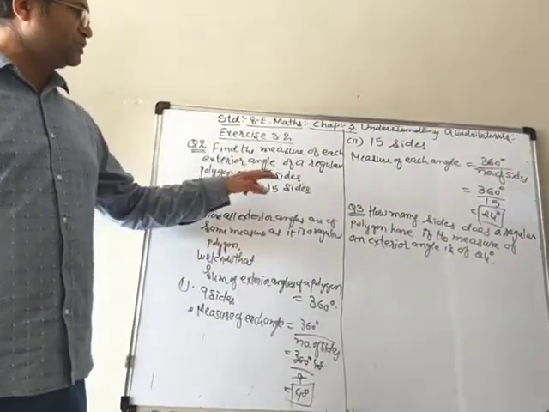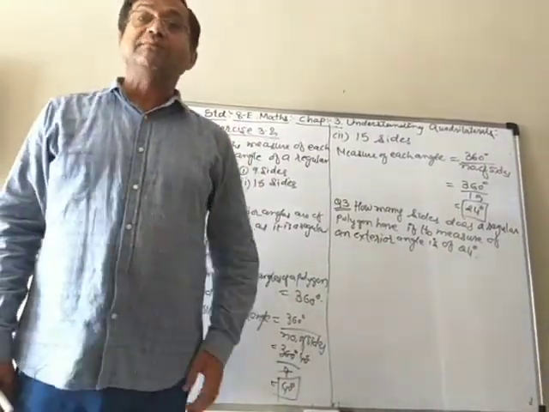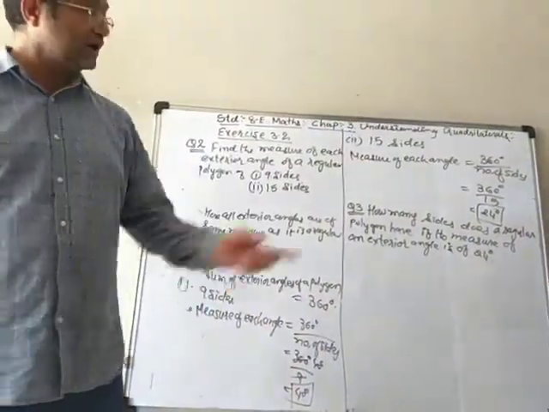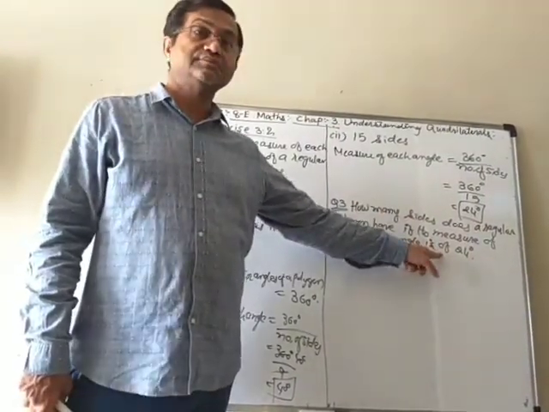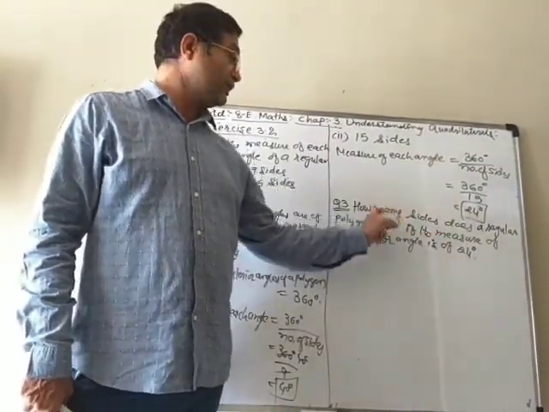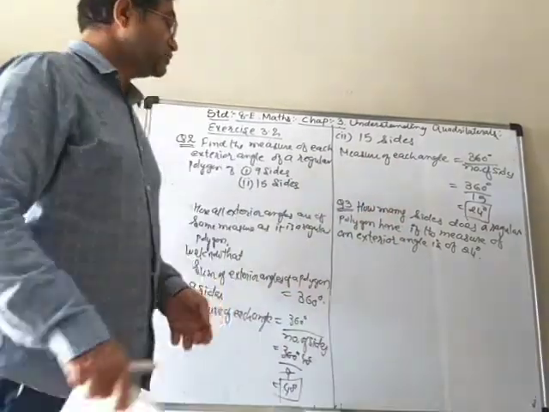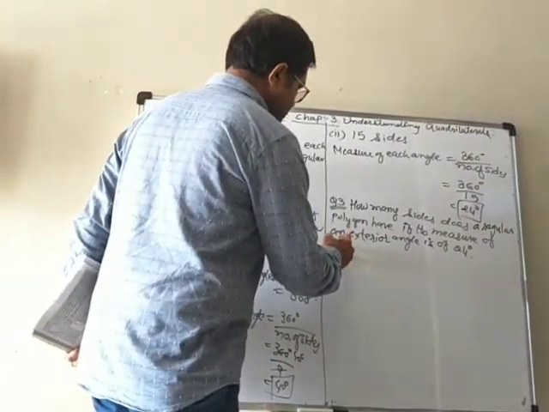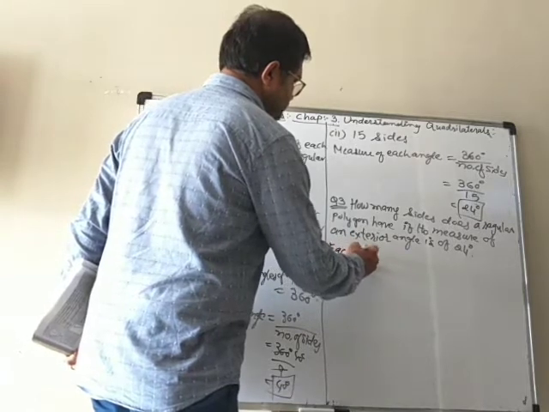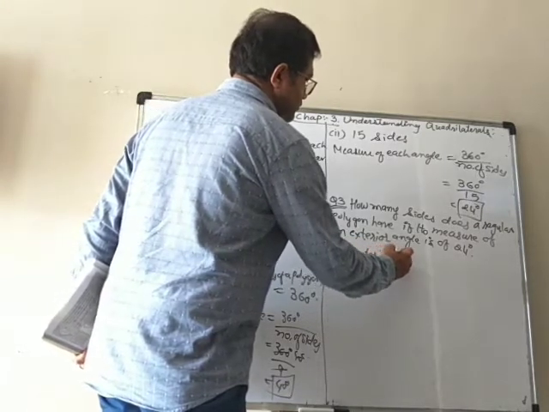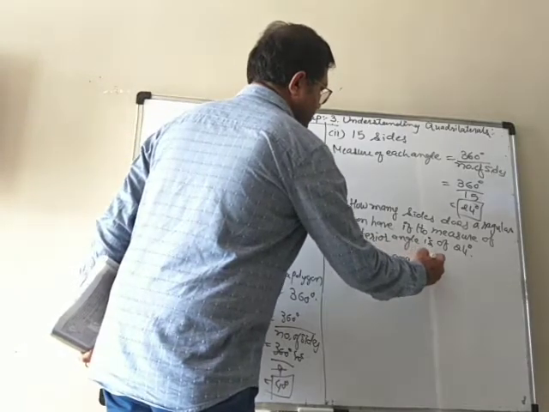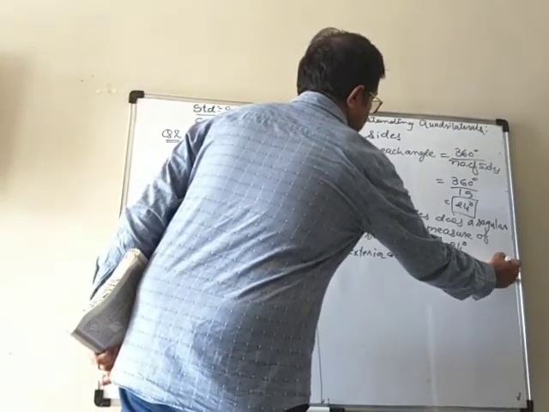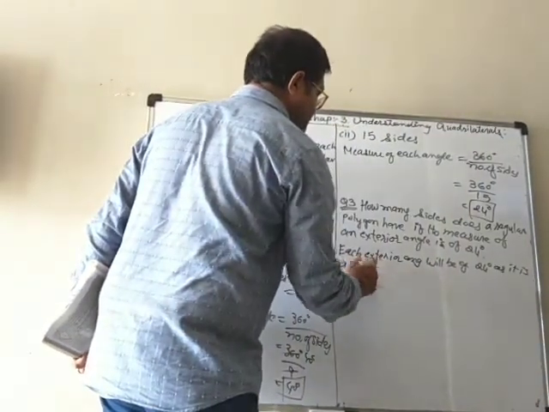In question 2, we saw that 9 sides, 15 sides, the number of sides were given and we had to find each exterior angle. Here, the exterior angle is given. It is a regular polygon. We have to find the number of sides. So how will we do it here? Now, we know that each exterior angle will be of 24 degrees as it is a regular polygon.